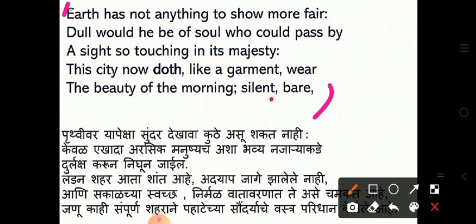What about the meaning of the first stanza in English? Wordsworth says there could not be a more beautiful scene on the earth than the one before him. Only someone who is very dull would ignore such a splendid sight. The city is quiet, not yet awake, and seems to sparkle in the clean, early morning air. It is as if the city of London is covered by the morning beauty as a garment.